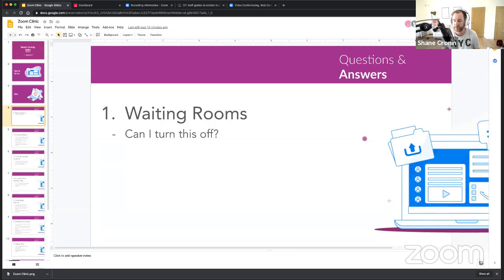Now we know that we can use passcodes for external parties coming in to access Zoom meetings, and that would be the advice if you had a class that you were scheduling where you wanted an external speaker or something like that to come in. It'd be important to use the passcode function there. But waiting rooms are very much a security policy decision in the institute, and in terms of the waiting room,